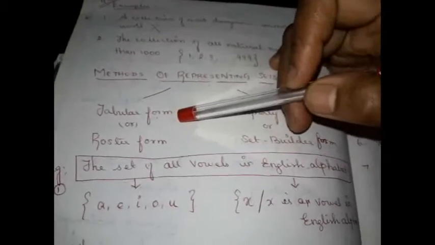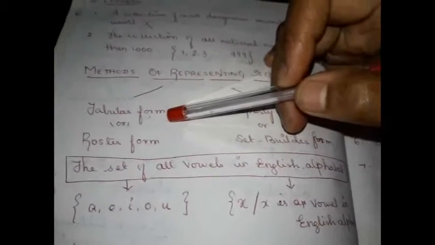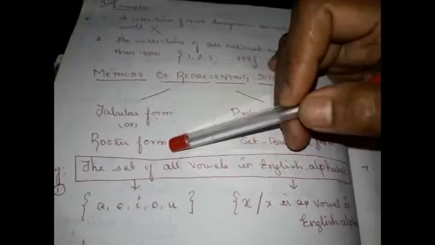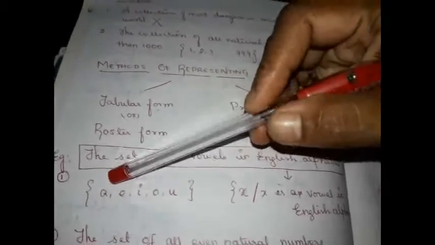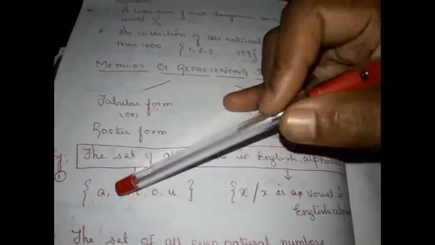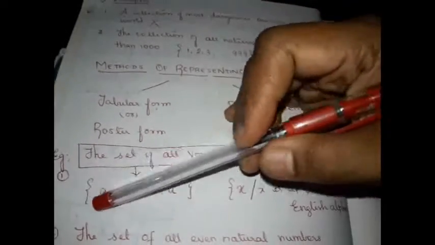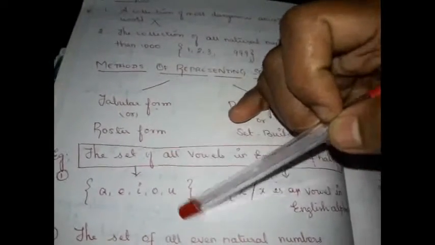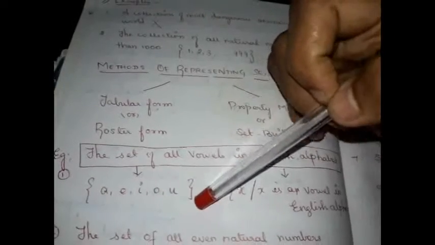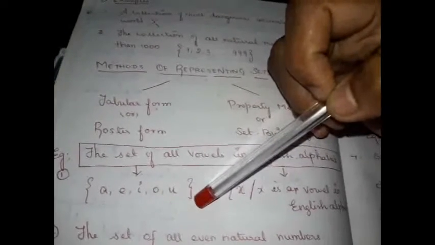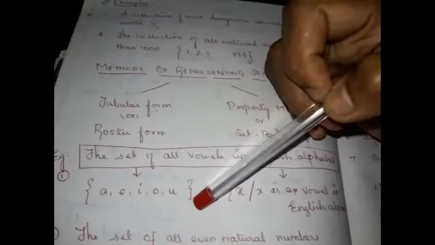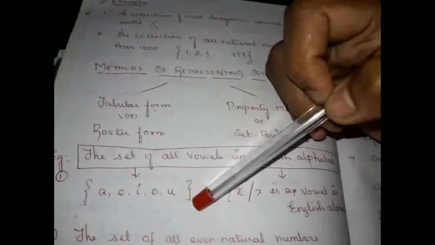How will we express a set in roster form? In roster form we will write the elements explicitly by separating them with commas, writing all the elements inside the flower braces. Flower braces are very important in the denotation of a set. A set should be denoted inside the flower braces only.